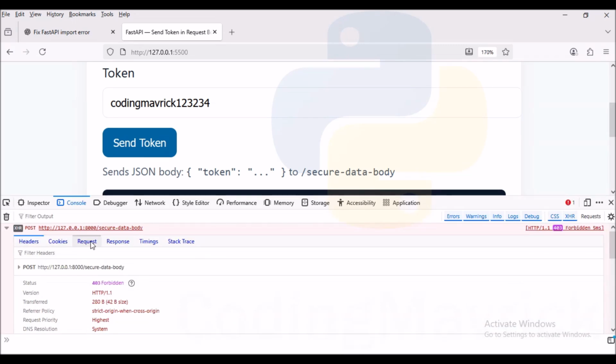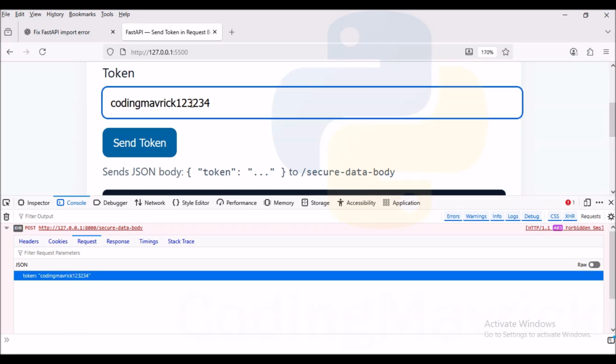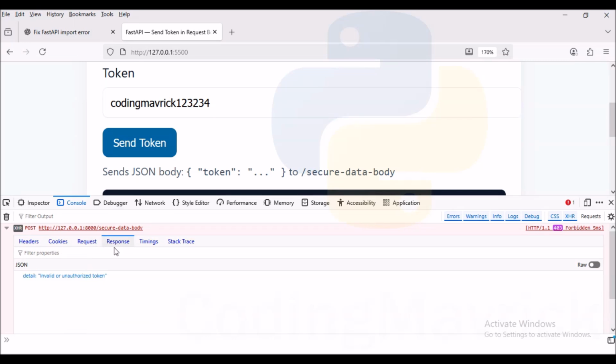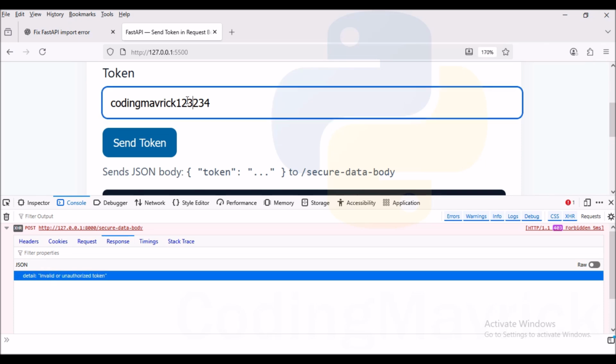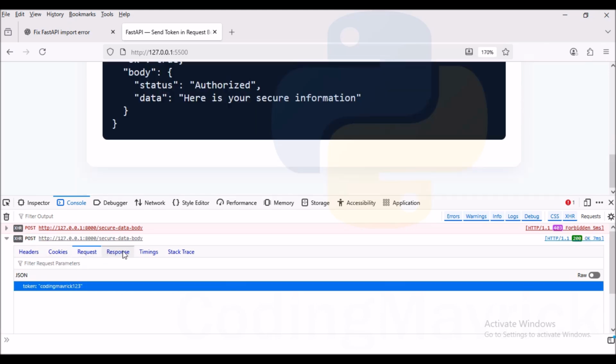Viewers, same thing we can visualize from the debugger side, where in the request tab the token is visible which is sent to the server side. And in the response tab there is the response returned by the server, and if we change it to the valid token, the request and response would change accordingly.